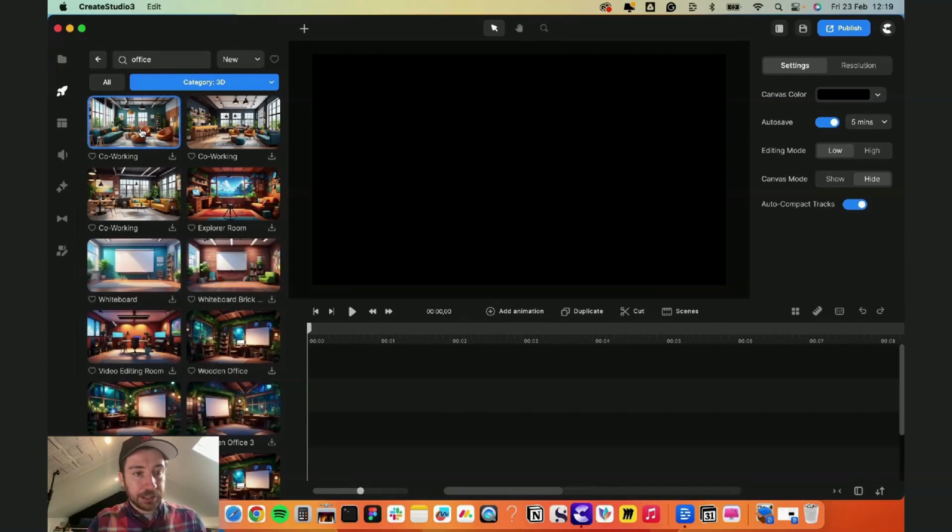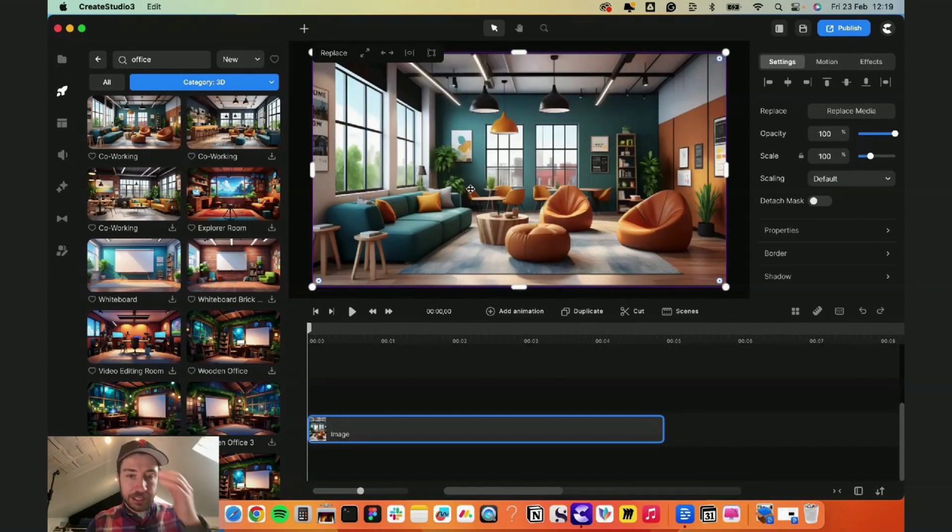So let's drag that in. Oh, first of all, it wasn't that easy, was it? You have to just download the assets that you want first, and then drag that in to your scene. And now you've got an asset that you can stretch over the timeline. And now if we go back into the studio,